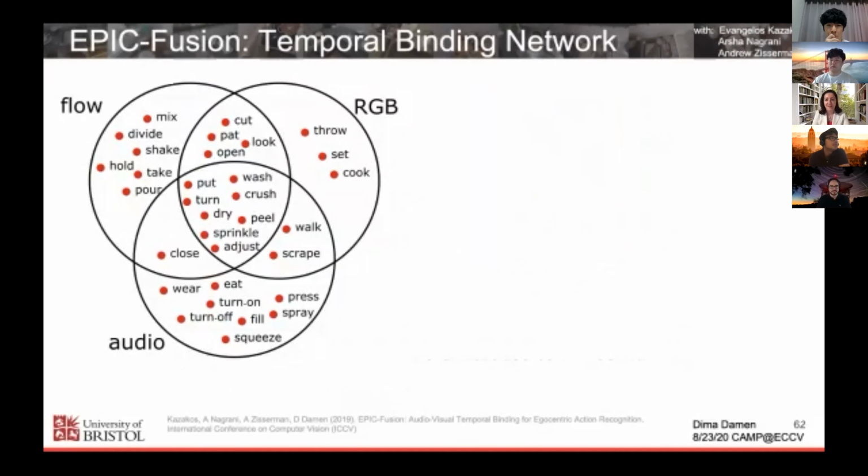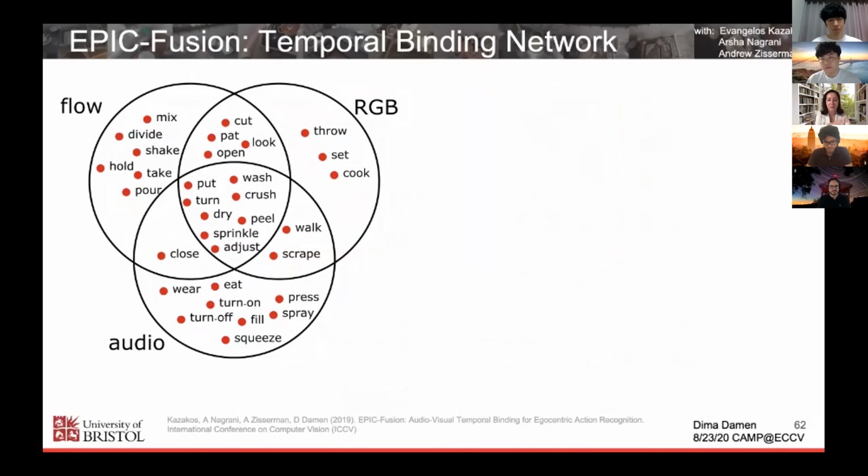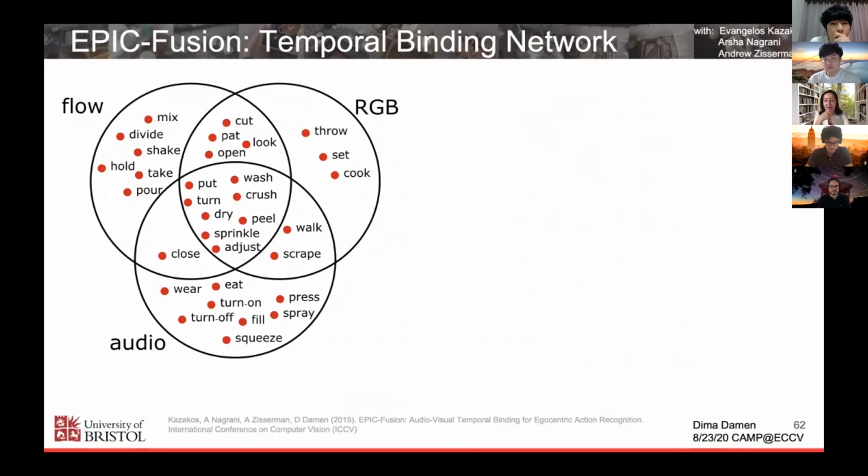Also, if you look at the individual classes, you'll see that certain classes achieve best performance by one of these different modalities. And you can think of this purely as a compositional understanding of the types of actions that we might have, right? So there are actions that are purely RGB focused, there are actions that are motion focused, and there are actions that are audio focused, like spraying or turning something on or off, right? This is an egocentric data set, so the camera is wearable. That means actions like eating, you only hear them in the audio, you don't see them, right? Because the person is chewing while wearing the camera.